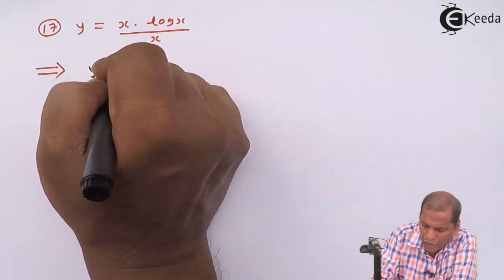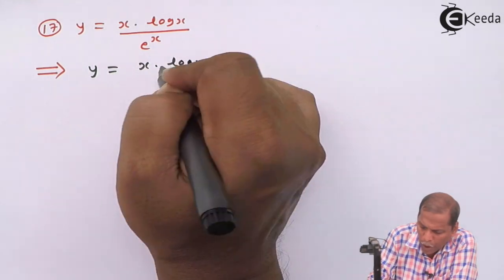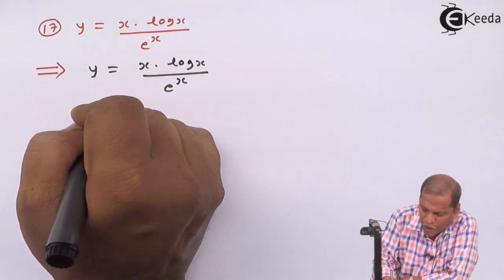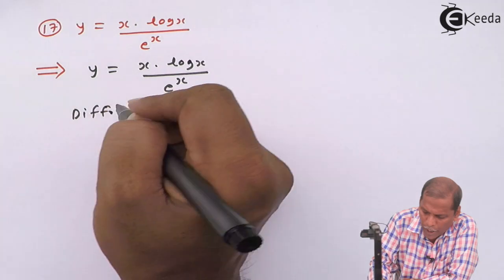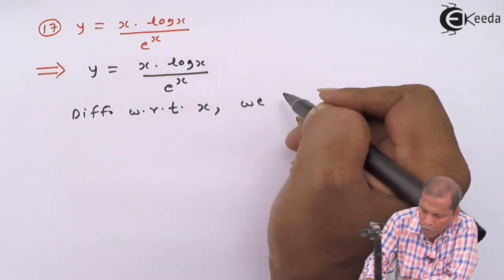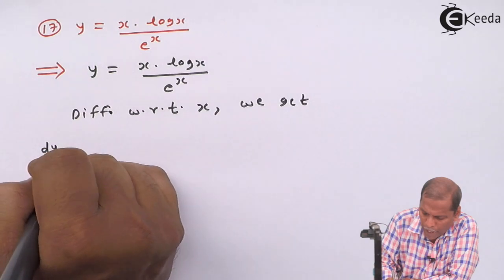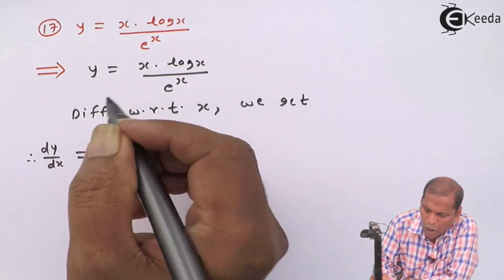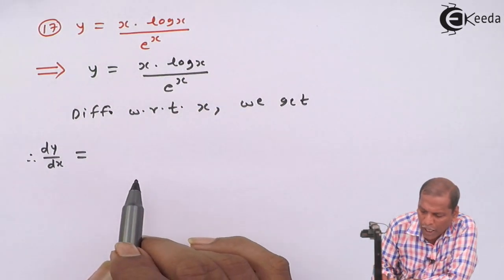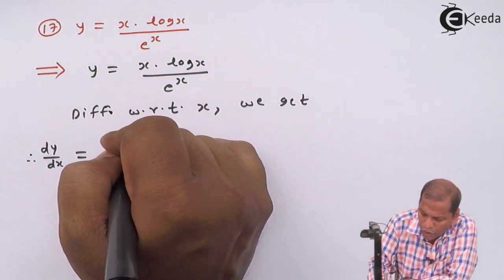First of all, we write y equal to x into log x upon e raised x. Then differentiate with respect to x, we get the derivative of y, dy by dx is equal to, now x into log x, this we consider as u, and e raised x we consider as v, and by applying derivative of quotient rule we get